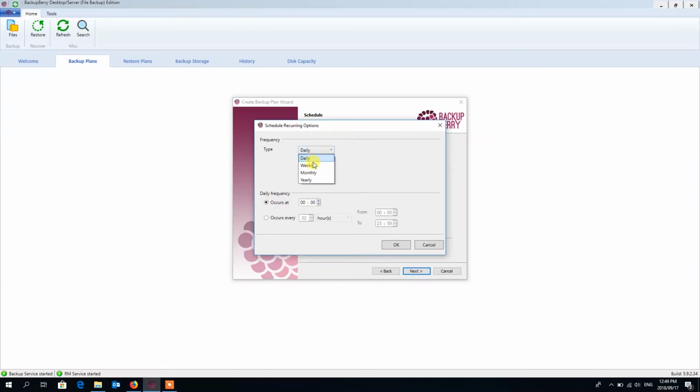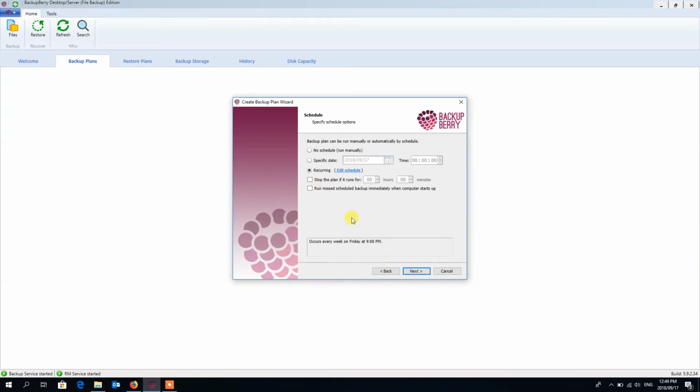I want it to back up once a week, let's say from Friday, and I want it to start at 9 p.m. So let's make that 21. And okay. So we can stop the plan if it runs for specific hours, run the scheduled backup immediately when the computer starts up. So if my computer is off and it was scheduled to run, the moment I turn my PC on, it's going to run. I'm going to select that and